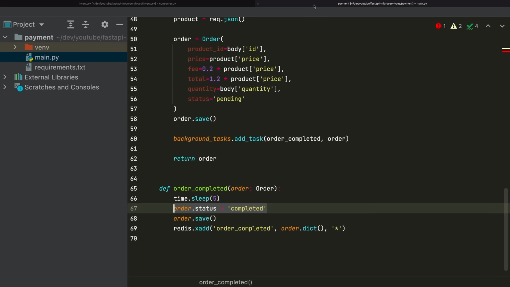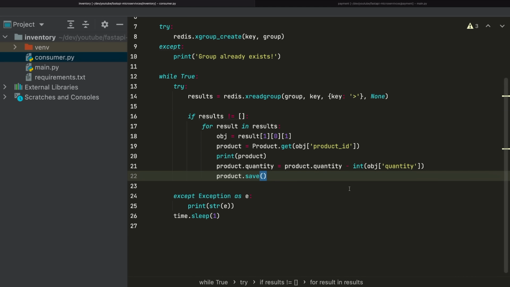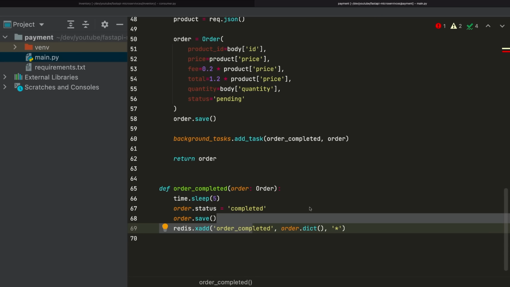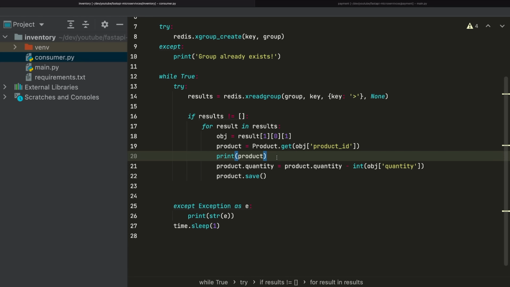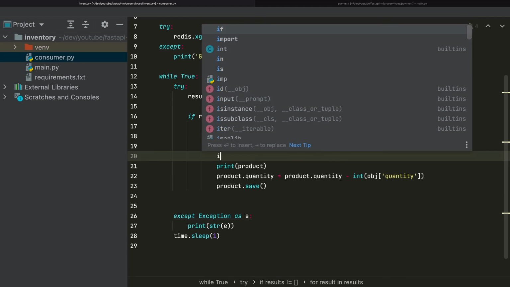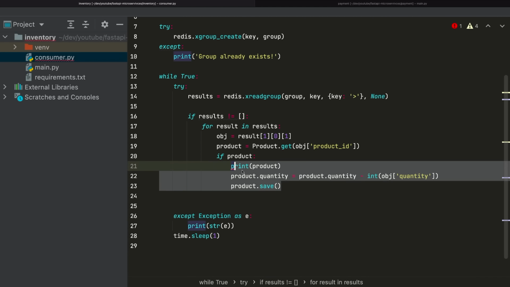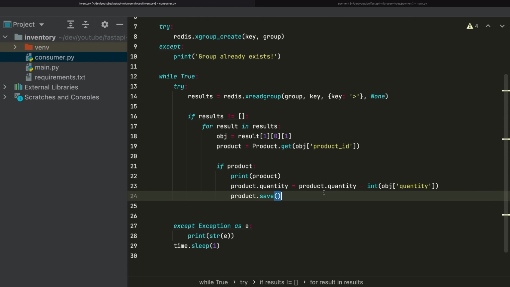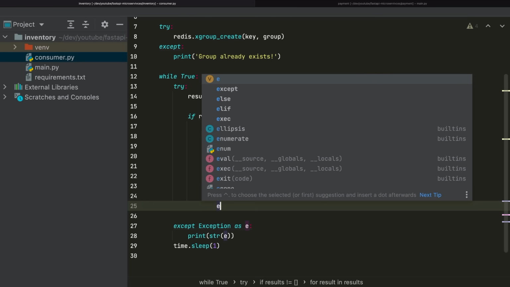So we will send an event here to the inventory, and now we will send it from the inventory back. And we will do it the same. So I will copy this code, and I will make an if condition here for the product. If the product is set, then we will decrease the quantity of that product. Else, if the product does not exist, so else here,